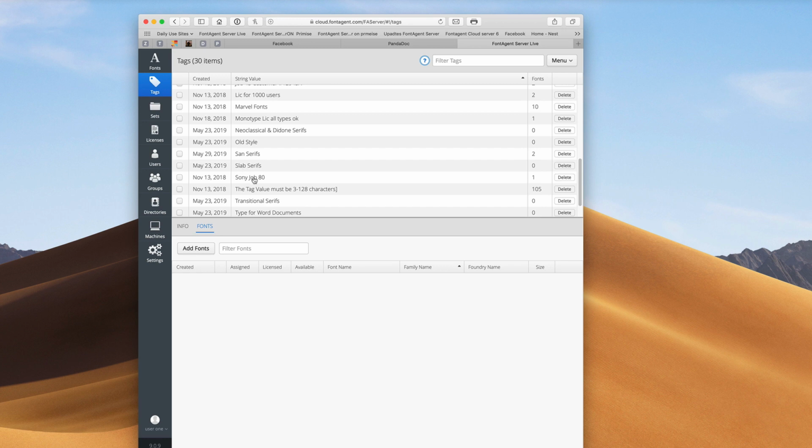Now, one thing to keep in mind, the tags from the local users don't intermix with the server tags. So if you have a bunch of fonts that are classified from the tagging feature in the server and delivered to the users, their tags do not go up. So that's the good news. So you can do your classic classifications for all the fonts to help the user search and sort through things. And that's a little bit about tagging with the client and the server in